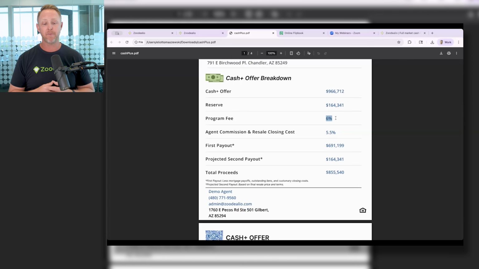Which is a convenience fee. And when we really break this down, I think sometimes agents look at this, and it's not explained correctly, in short is what I'm saying. So when we look at this, guys, I want all of us to realize that really at the end